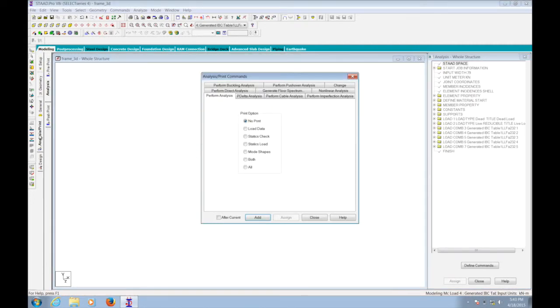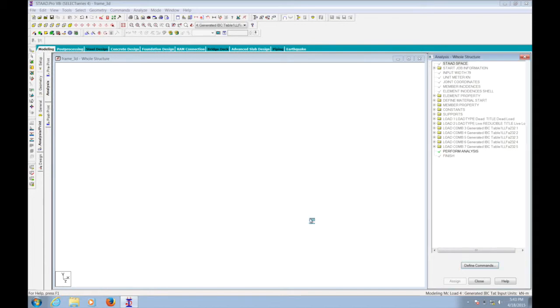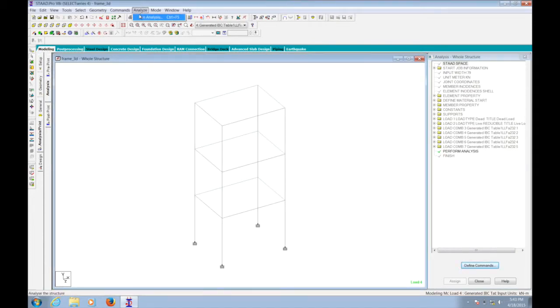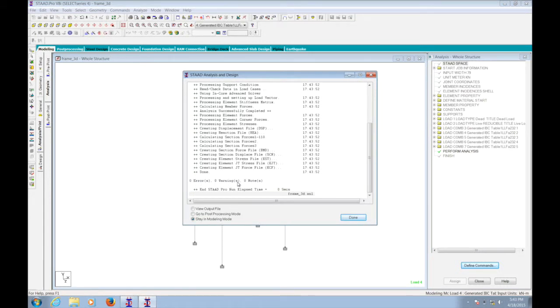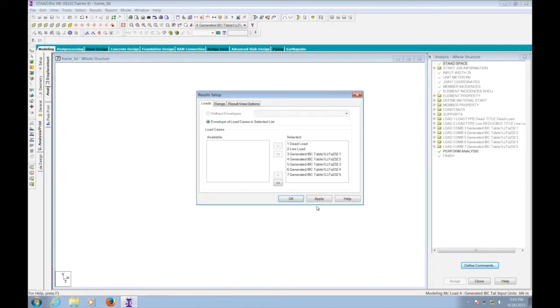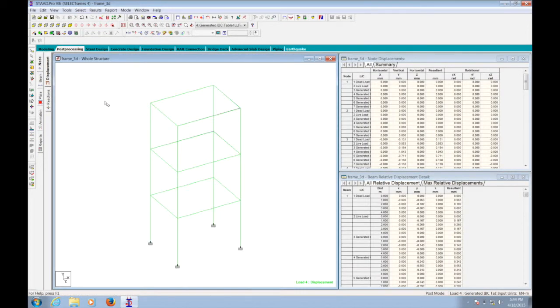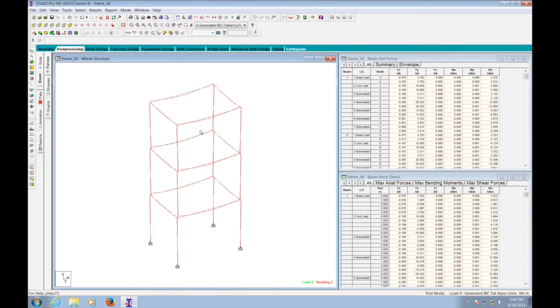We will go on analyze, no print, close, and we can go for running the analysis. Zero error, zero warning, zero notes. You can go in post processing mode, done, okay. Now here you can obtain all the required results.